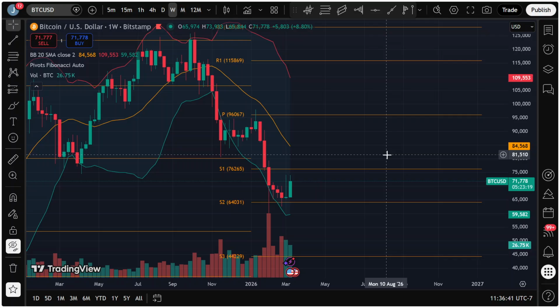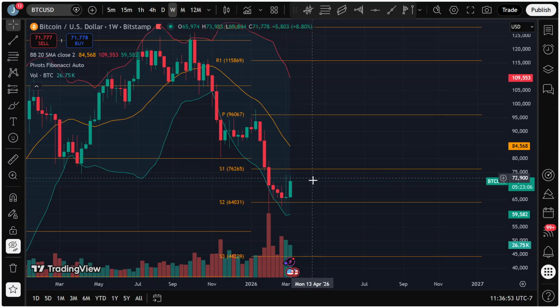I just don't believe that it's going to be as high as 96K anymore. I think it's going to be somewhere between 80 and I was saying 84.5K, but we're already getting to 80 to 82, and it's just going to get lower and lower by the time that we actually have an interaction with it. So by and large, that is still my estimation of what the price is going to experience.